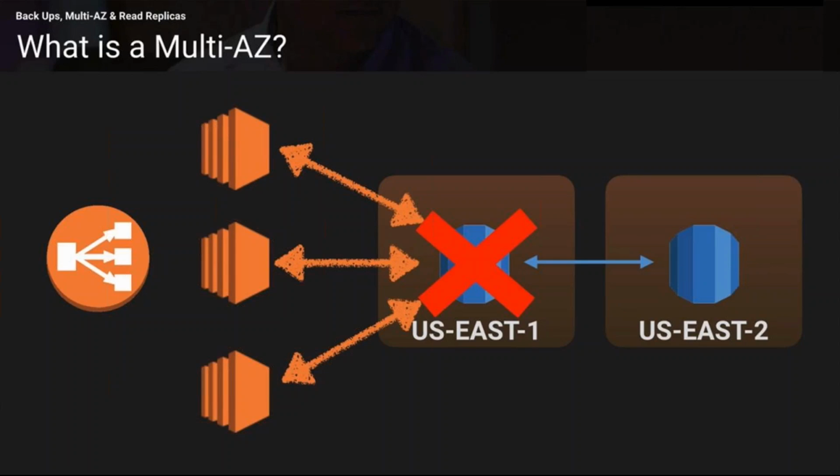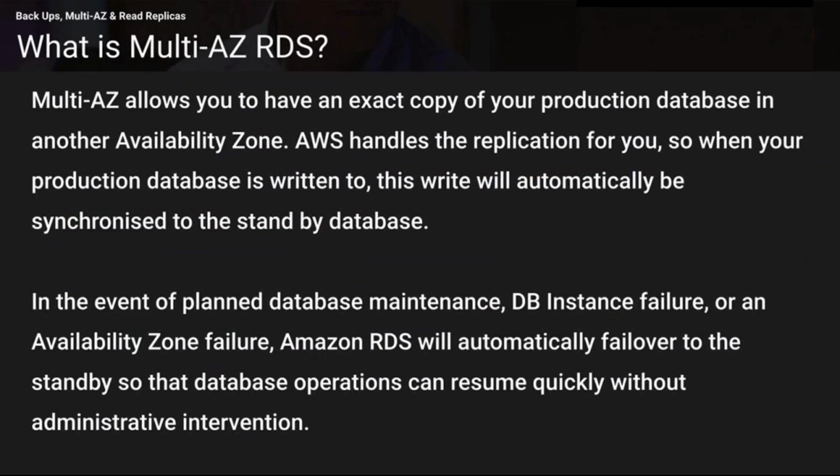So what happens in multi-AZ? Multi-AZ allows you to have an exact copy of a production database in another availability zone. AWS handles the replication for you. So when your production database is written to, all the writes will automatically be synchronized to the standby database. Now, in case you're trying to have any planned maintenance for the master database, or in case there is any database failure, or in case there is any